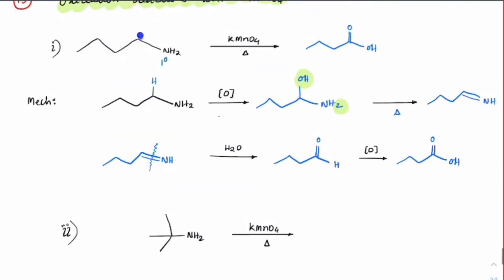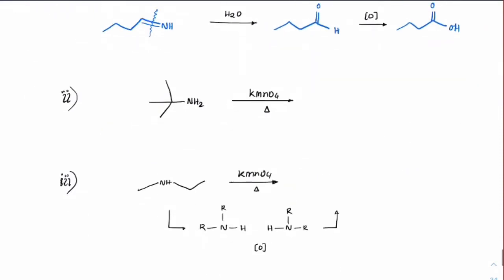Now suppose if there is a hydrogen here, if there are two hydrogens, it will form aldehyde, eventually acid. If there is one hydrogen, it will form ketone. If at alpha position there is no hydrogen, only this NH2 will get oxidized, and we can see that insertion will only happen between N and H here. We will get this as NO2.